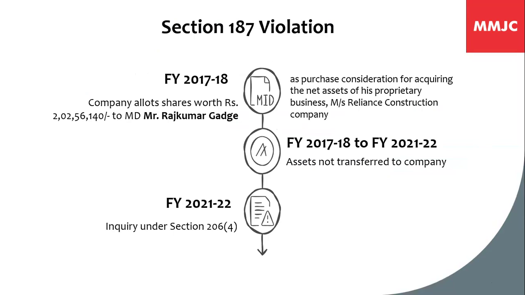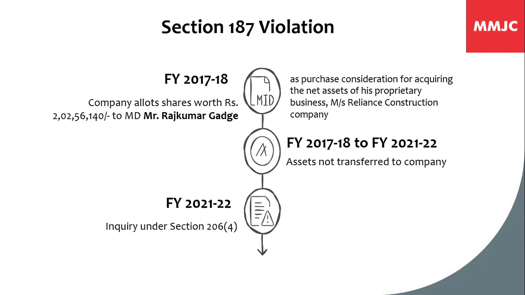In the facts, in the year 2017-18, the company had issued some shares to its managing director as a purchase consideration for the business of the managing director, which was purchased by the company from the managing director. Also, the company acquired the assets which belong to this business, and for the consideration of that, shares were allotted. However, the properties which were purchased remained in the name of the managing director itself for 4 years, that is